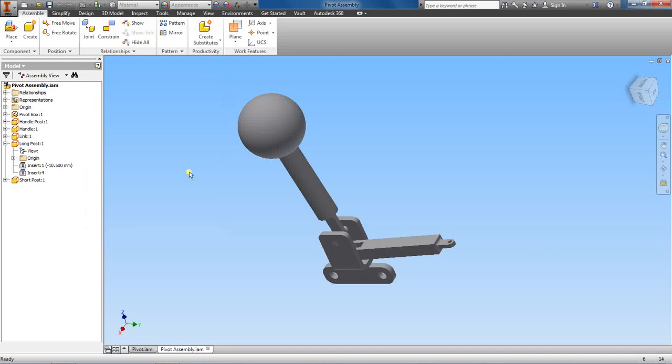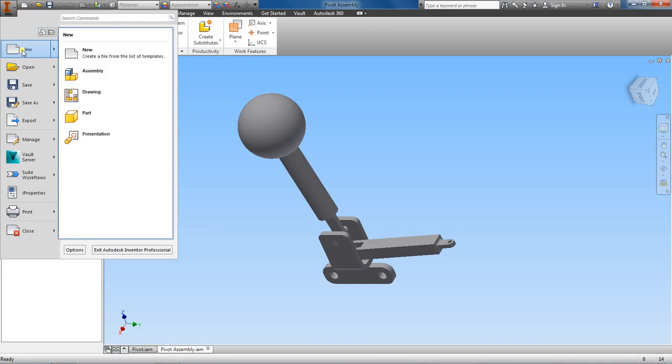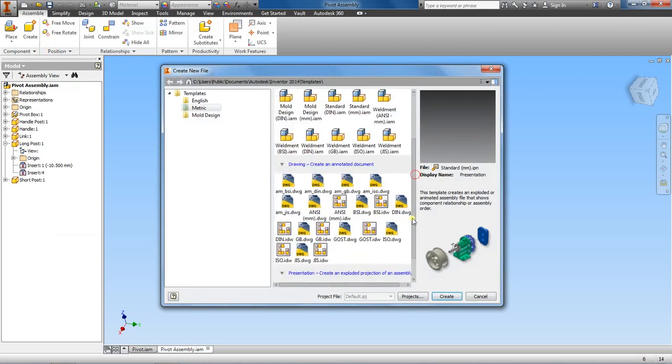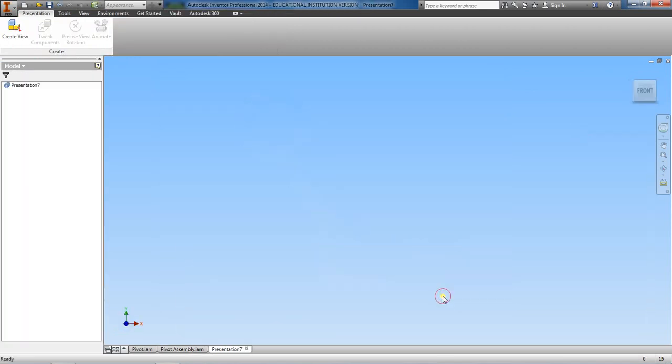Now that we have a completed assembly file, we can go ahead and open this up in a presentation file. So we'll go here and we'll go to New, and we'll go down to Presentation. Okay, so now we have a new presentation file, and we want to import that assembly